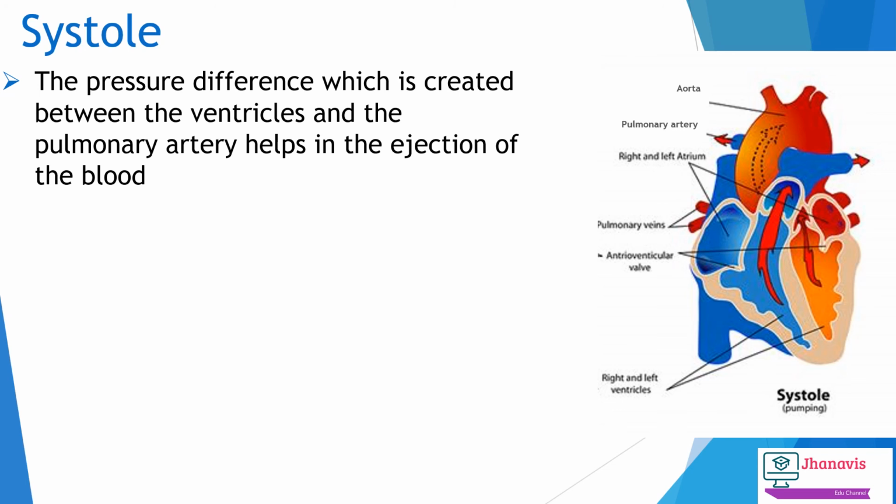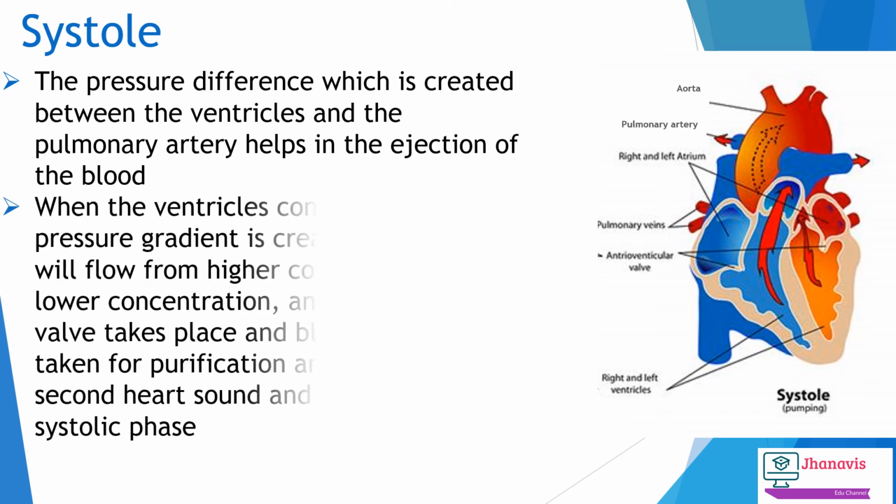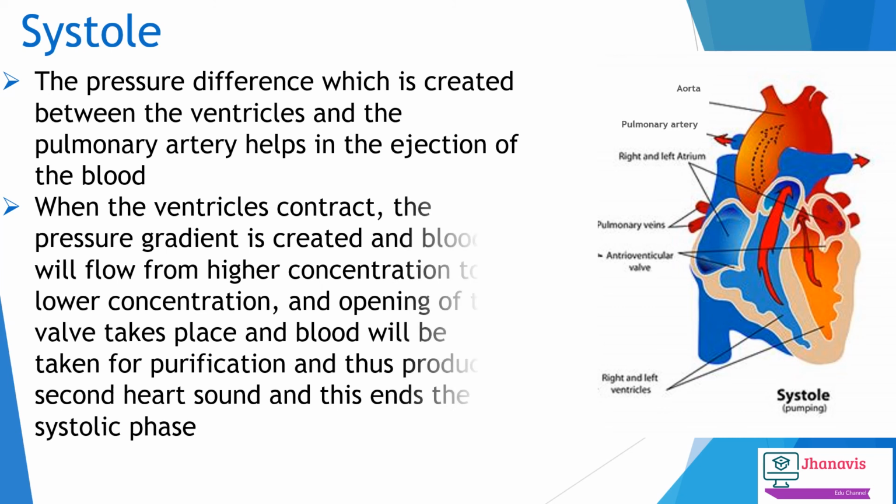Because of this gradient, another valve, which is very important, will open up and the blood will flow from the right ventricle into the pulmonary artery. This pressure gradient creates another phase of the cardiac cycle,